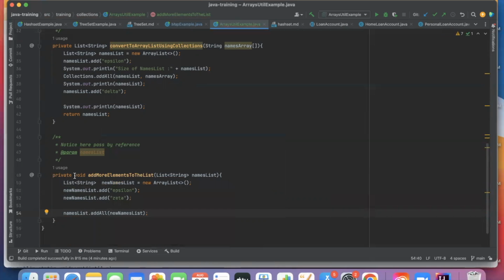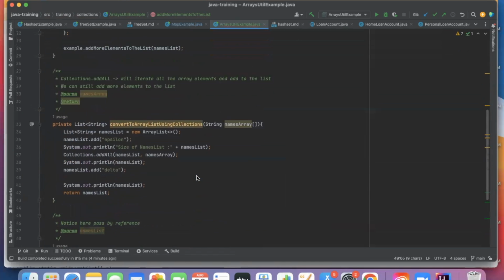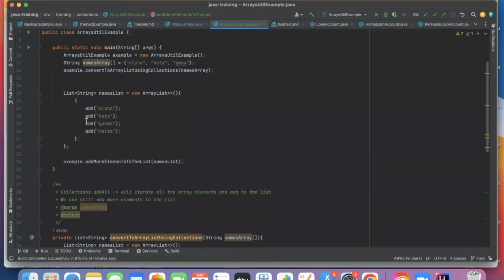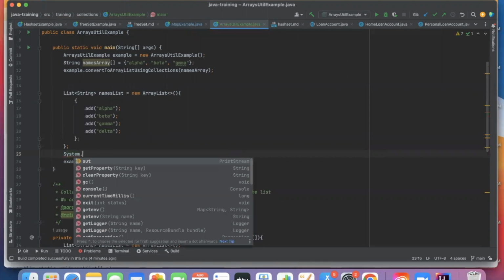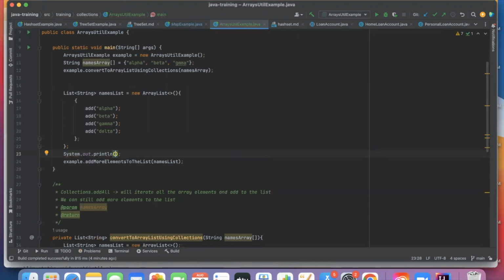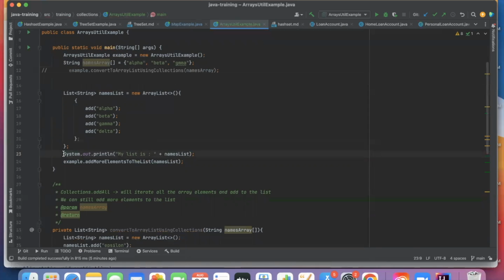Notice that, that's what I said, right? Pass by reference. Here the return type is void. I'm adding to this list. If I add to the list, before calling, what's the list size? Look into this one. System.out.println. My list is names list. I'm not calling this one for the time being. Okay, after adding,